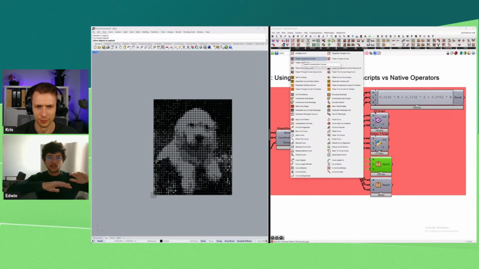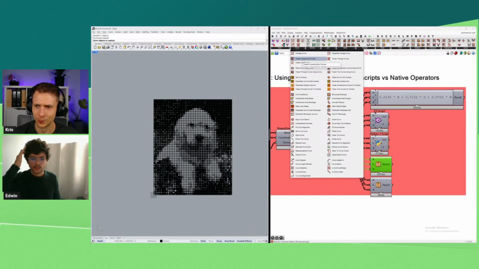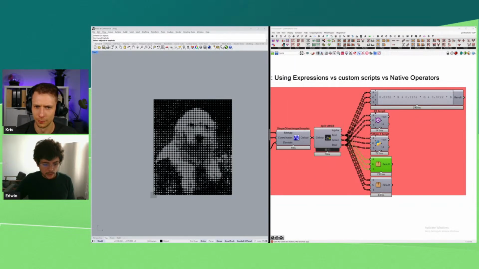If I want to create a surface that looks smooth but in mesh type, I could use twinning of curves and construct my mesh wireframe. Everyone knows Pufferfish, one of the most downloaded plugins, and it gives you way more control over your geometry. So I use that one a lot.